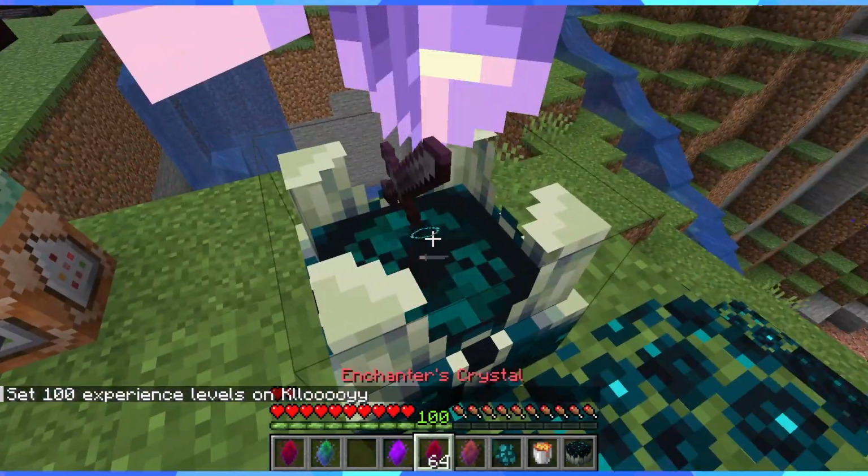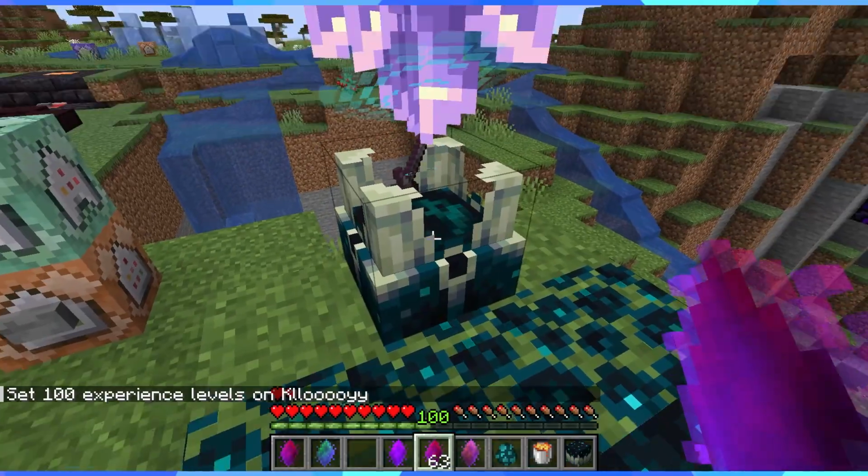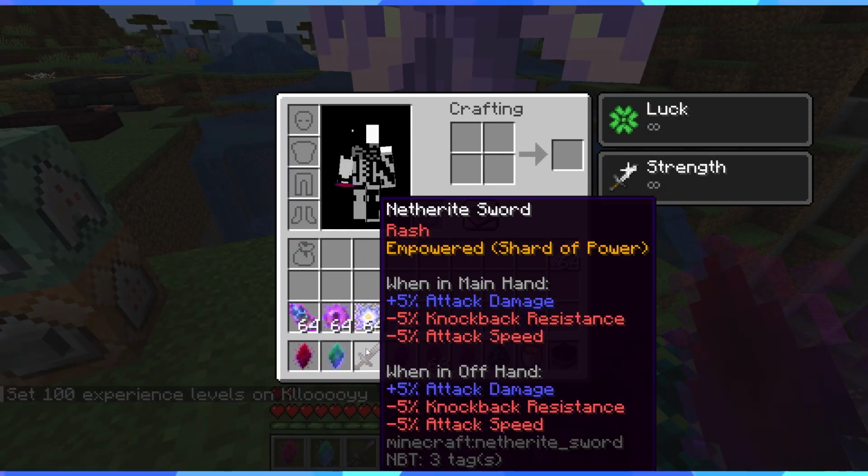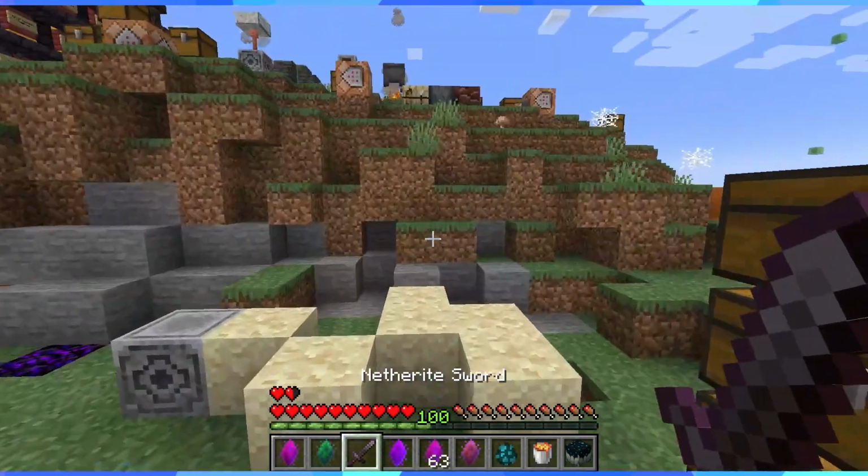Now, we chuck it and the crystal. There we go. It gets broken, consumed, and then we get ourselves a Rash Empowered Sword, right? That has 5% attack damage, -5 knockback resistance, and 5% attack speed. Obviously, it's lost its normal attributes, but what you can do, in fact, I did this in the wrong order,